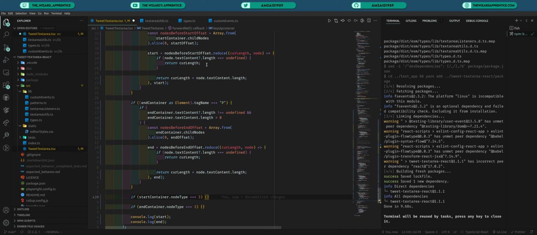immediate child of the paragraph, because remember our text node might be inside of a span, which means the text node itself is not the immediate child, but we need the immediate child so we can find it within the paragraph and add the length of all the nodes that come before it. So